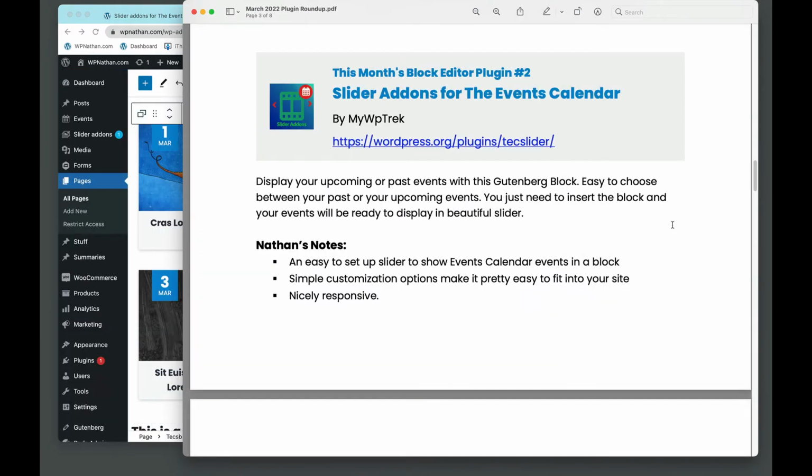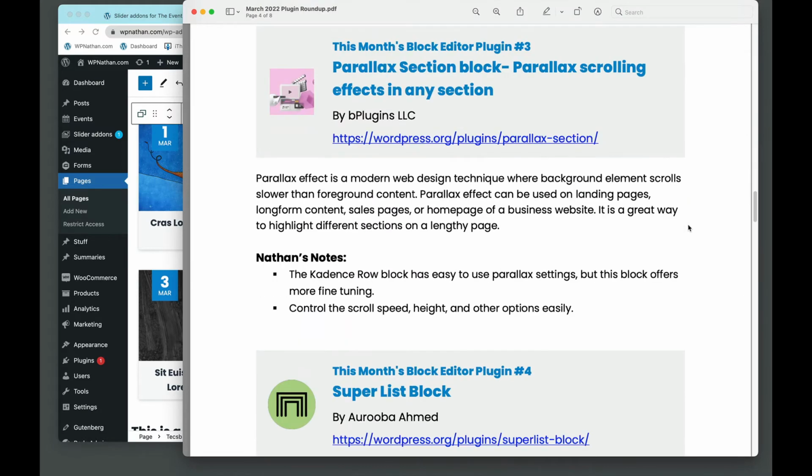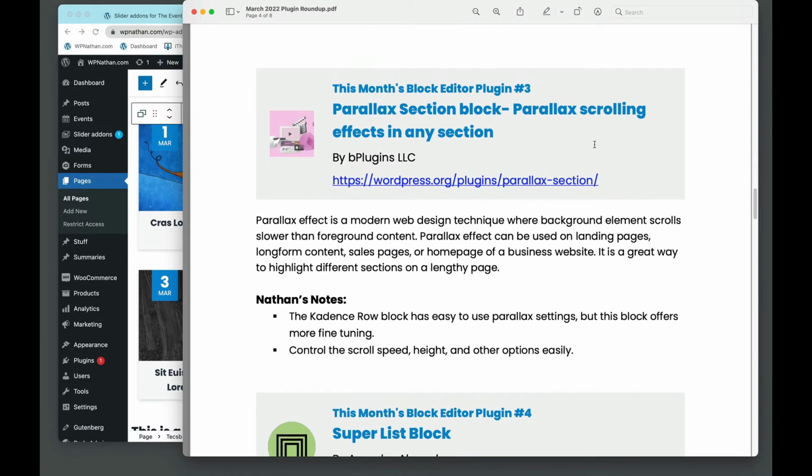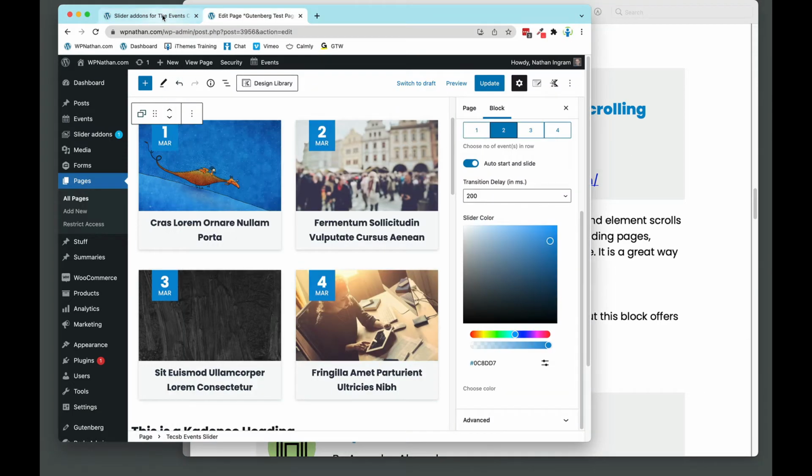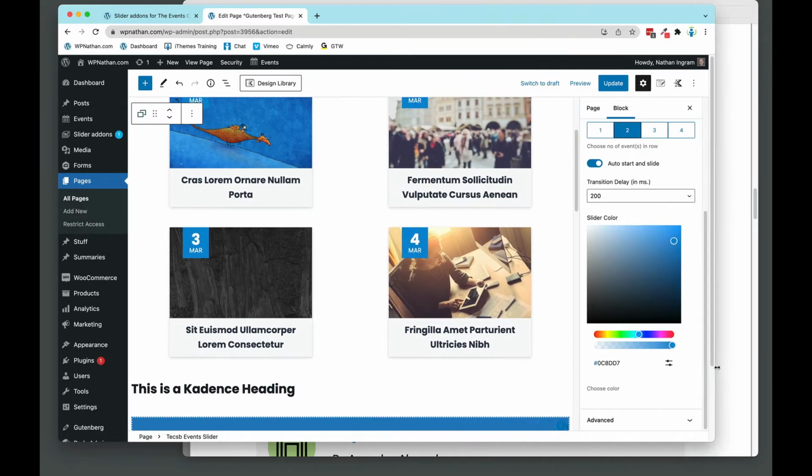All right, that was Slider Add-ons for Events Calendar by MyWpTrek. All right, moving down our list to the third block plugin, and that is our Parallax Section block. Now, Kadence does give us the ability to have a